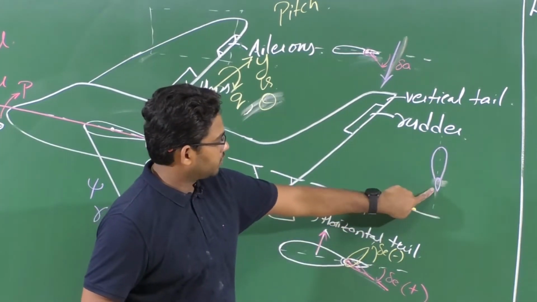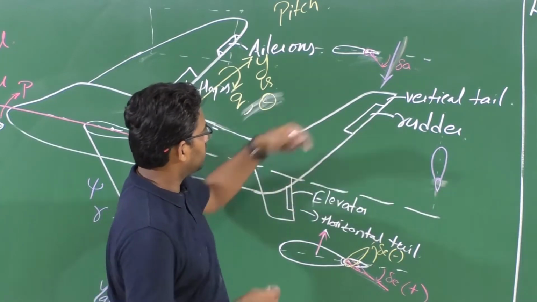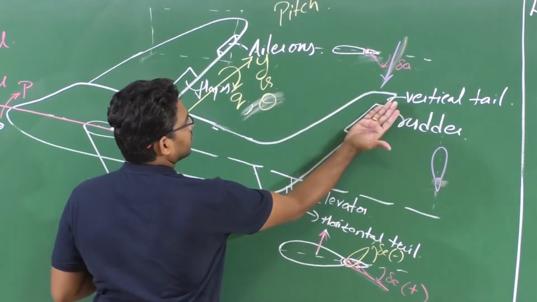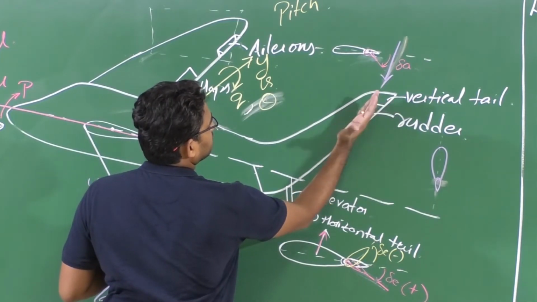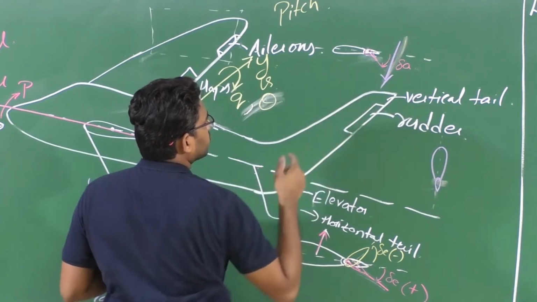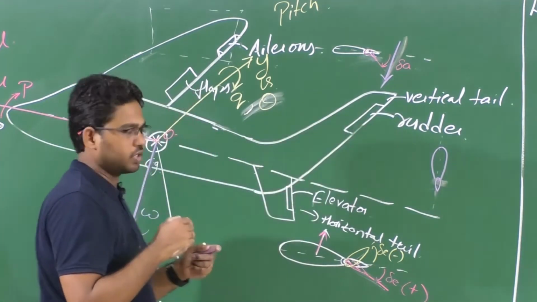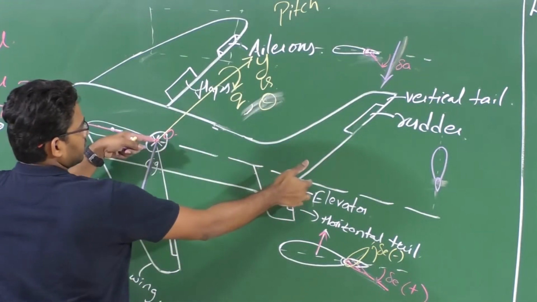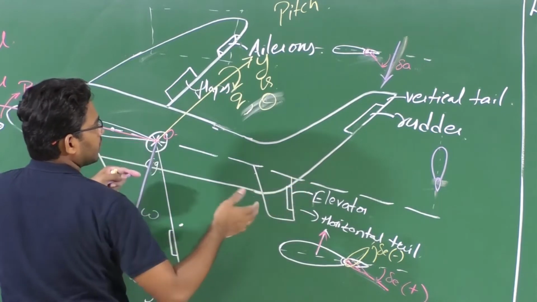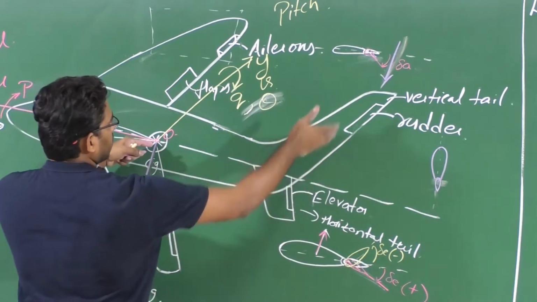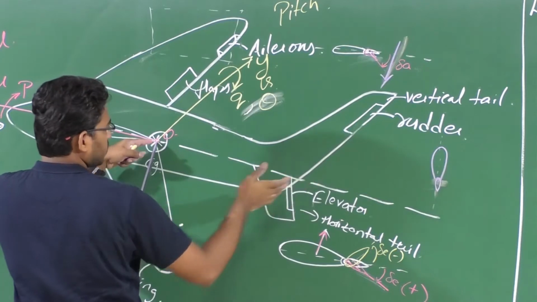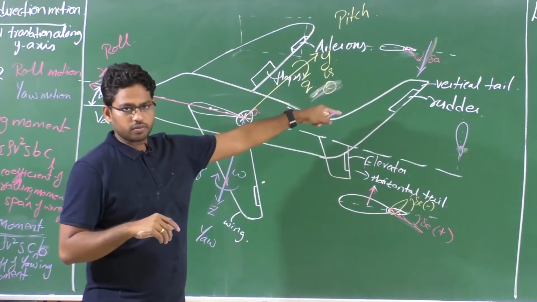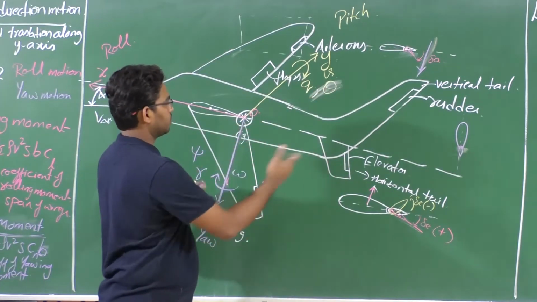So when you deflect this rudder towards the left, what happens? I deflect this rudder towards me. Let us say this is the control surface; if I deflect this rudder towards me, this produces a force into the board, right? So that force acts at an offset distance with respect to the CG. It has a longitudinal offset as well as a vertical offset, but let's talk about the longitudinal offset. This longitudinal offset multiplied by the force produced by the rudder creates a yawing moment, right?